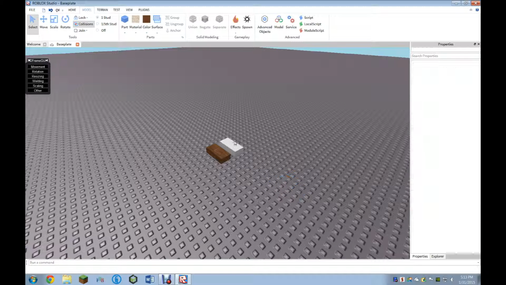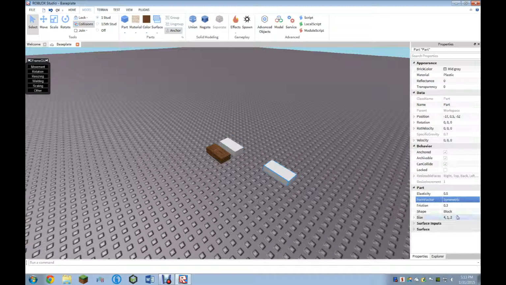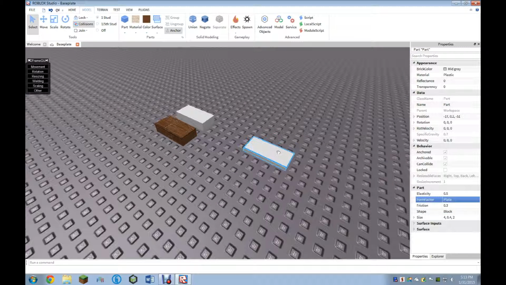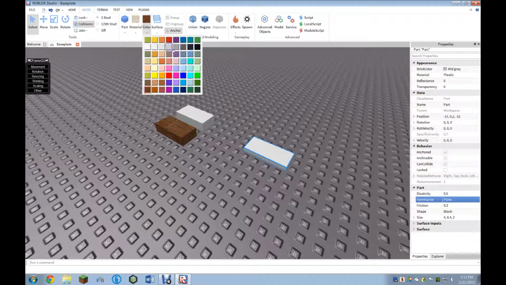Actually, I keep forgetting, we can just copy it from here. This time it's going to be a plate. I said to always build in symmetric, but plates are somewhat exceptions. So we have our plate here. We're going to make sure it's smooth, no outline, which it is. And we are going to